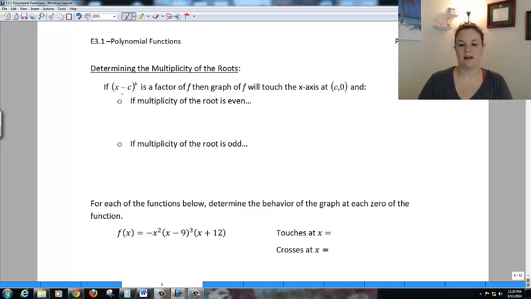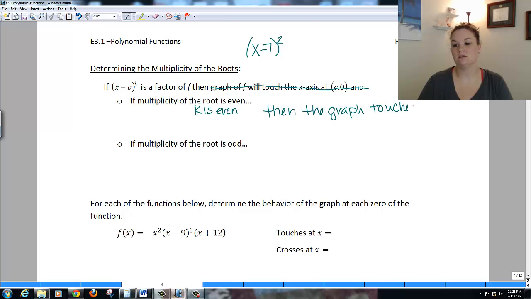So if this is our factor here, x minus c raised to the k power, that would be something like x minus 7 squared, like we would have had in that last problem. We had 2 copies of this factor, right? Okay, if x minus c to the k power is a factor of f, then if the multiplicity of the root is even, meaning k is even, then the graph